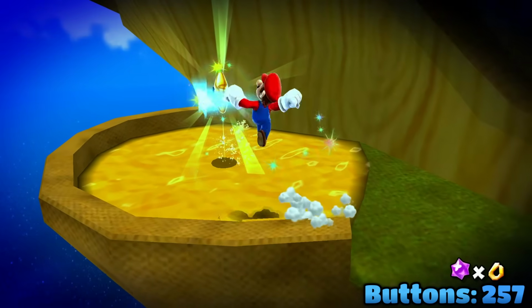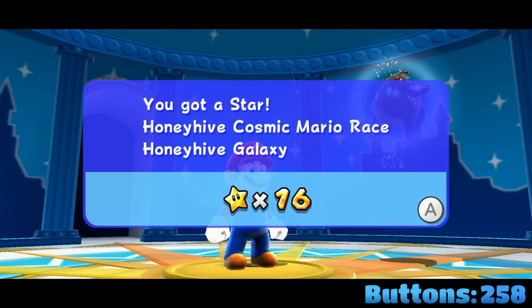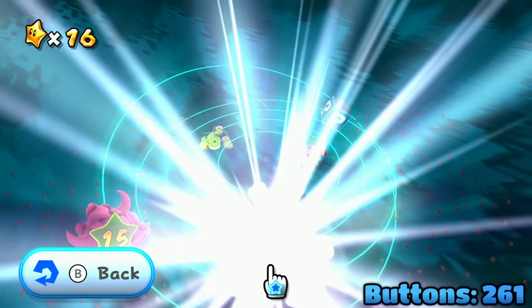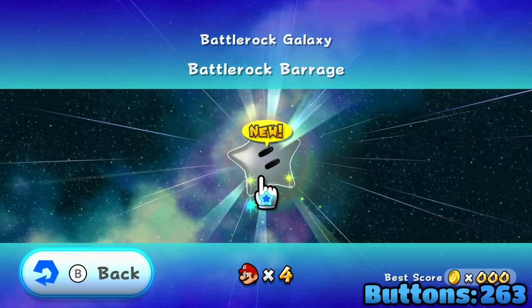Below, next, we use mid-air spinning to get to the star. Skip the breakdown with 1 A press and select no. Back in the Fountain Dome, we pull star, unlock the Battlerock Galaxy, select it, fly, and select the Battlerock Barrage